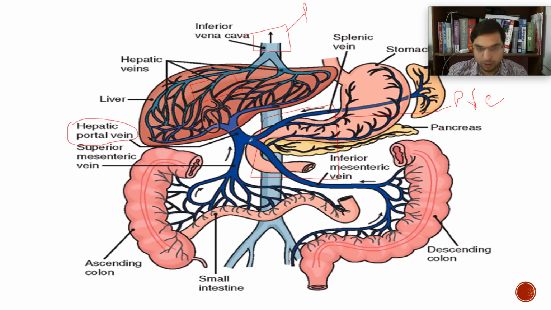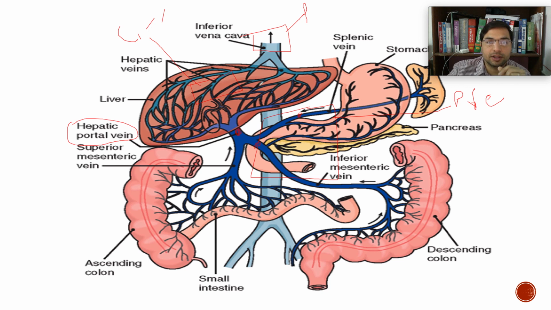If there is a thrombus here, or a thrombus here, there will be backflow of blood, the pressure will increase, and that will lead to portal hypertension. Splenic vein, like this is the spleen, so splenic vein thrombosis, or portal vein thrombosis, any reason which is pre-hepatic could be the cause for portal hypertension. Similarly, if the liver has some abnormality, for example yesterday we talked about cirrhosis, if the liver has cirrhosis,